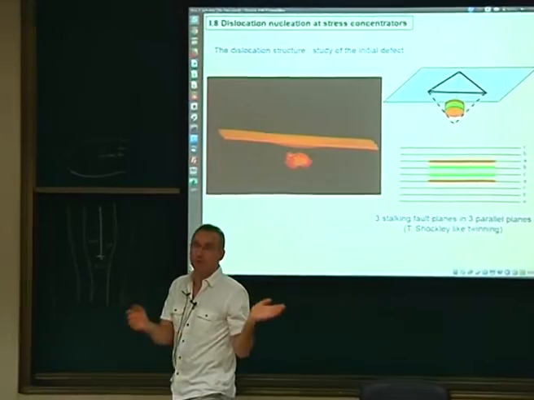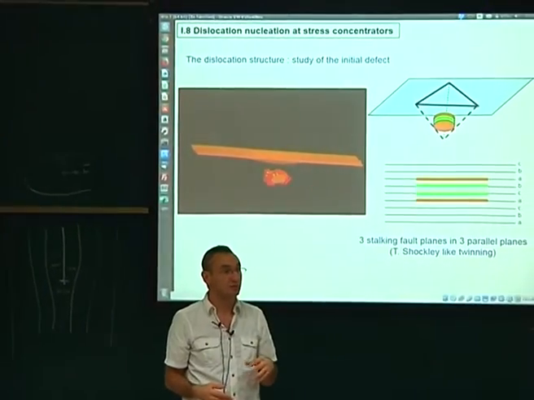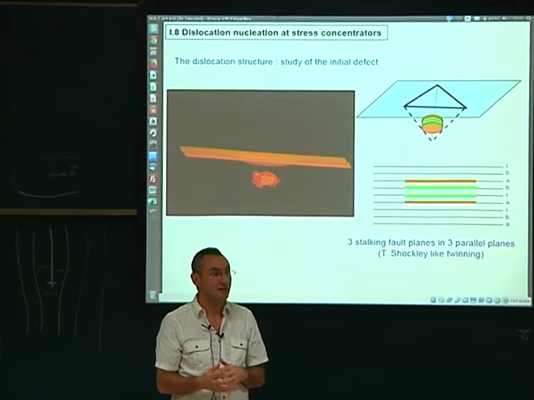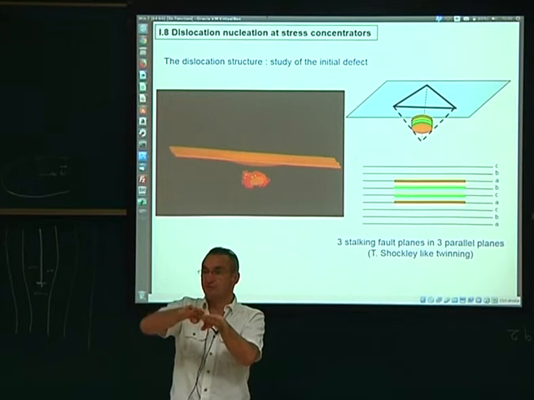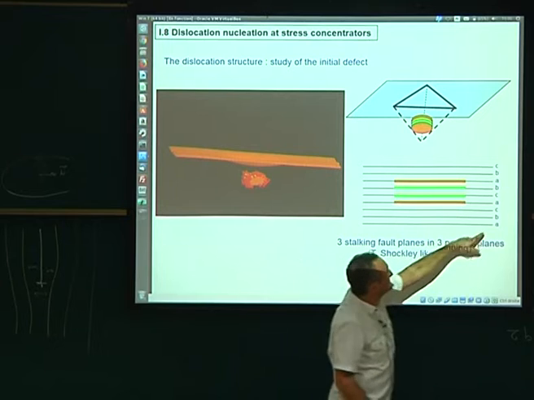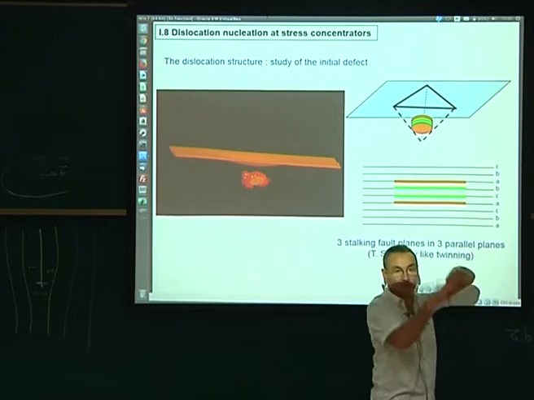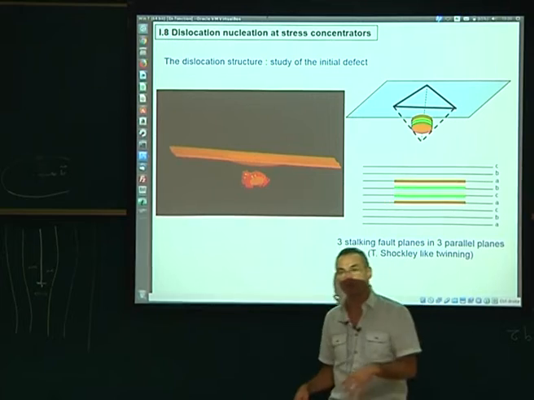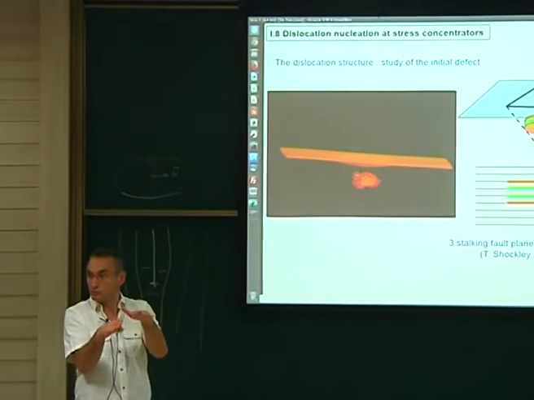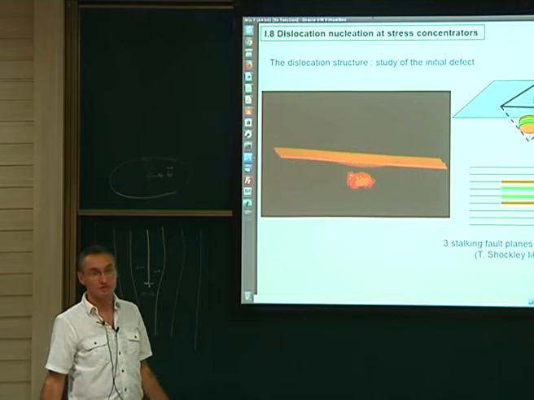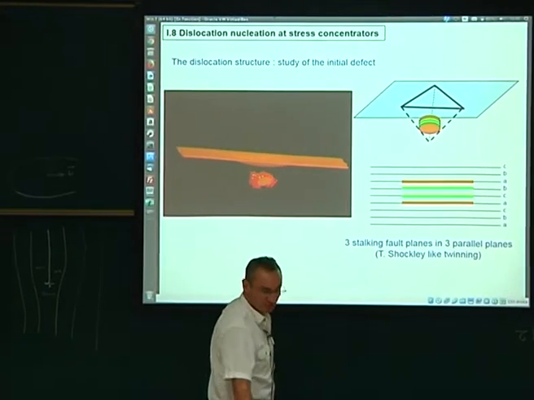We didn't speak about twins because these lectures are about dislocations. But maybe we will see twins. I don't know if you will show twins on your slides, maybe. But the twin is just when your network is flipped like that. So you have ABC, for example, which is now reversed, ACB. So you have a mirror symmetry of your stacking, okay? So here, locally, you had this mirror symmetry. So this is a twin, a small twin, which was nucleated at that position. But this twin was not very important for the material.